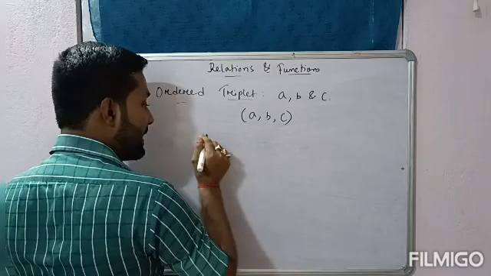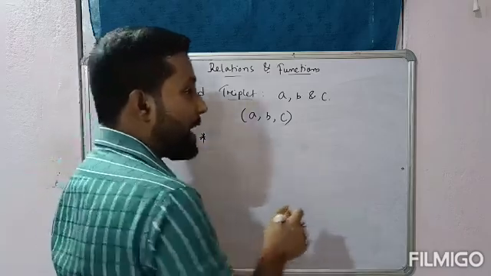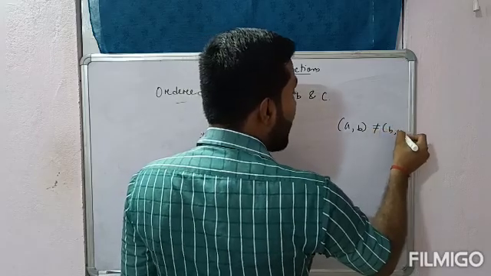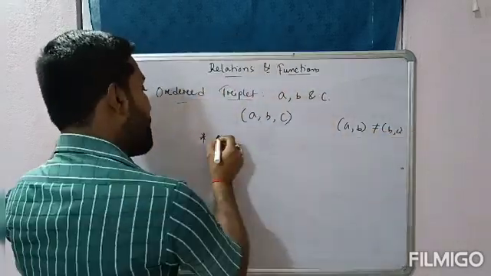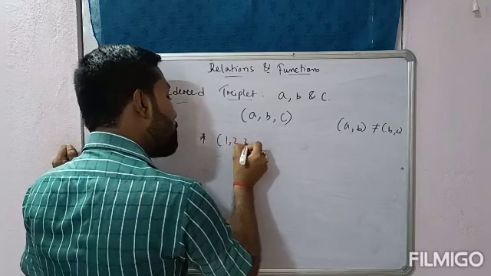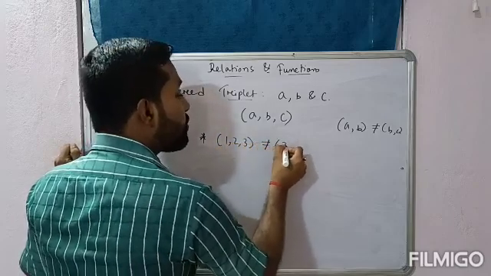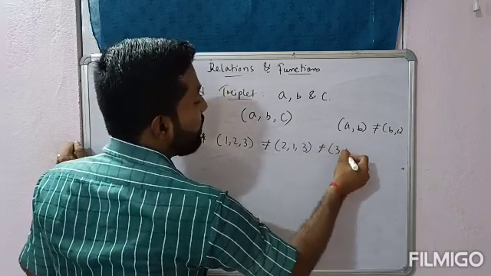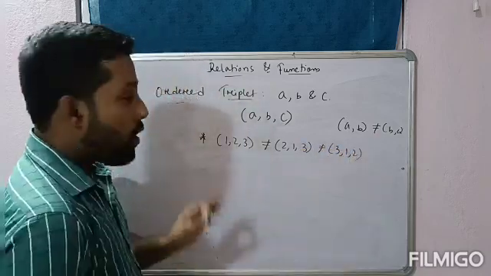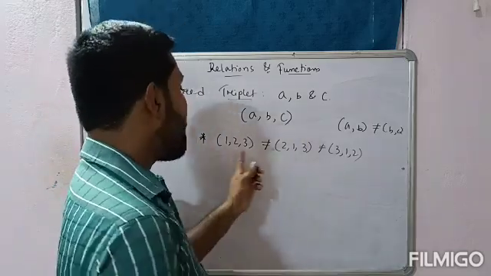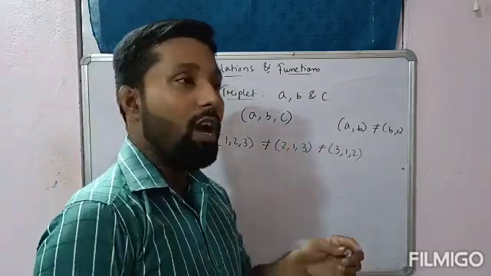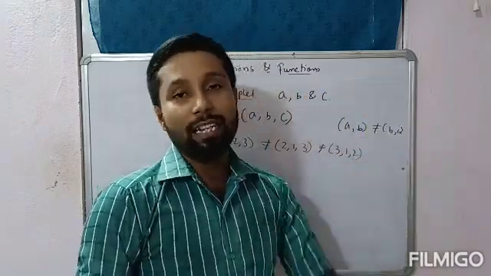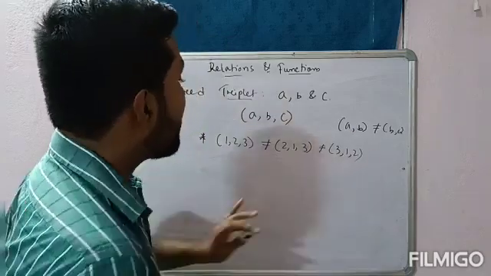देयरफॉर लिसन, देयर इज वन इंपॉर्टेंट पॉइंट. जैसे ऑर्डर्ड पेयर में (A, B) is not equal to (B, A) होता है, ऑर्डर्ड ट्रिपलेट में भी सेम. फॉर एग्जाम्पल (1, 2, 3) is not equal to (2, 1, 3) which is not equal to (3, 1, 2). ओके, क्योंकि पोजीशन अगर इंटरचेंज हो गया तो ऑब्वियसली वो प्लेन में उसका पोजीशन भी अलग अलग जगह में होगा. ठीक है, इट इज जस्ट लाइक ऑर्डर्ड पेयर ओनली.